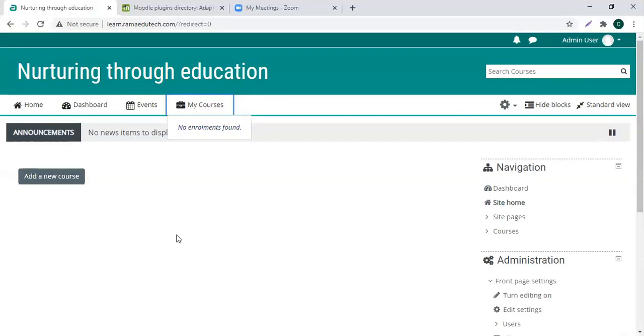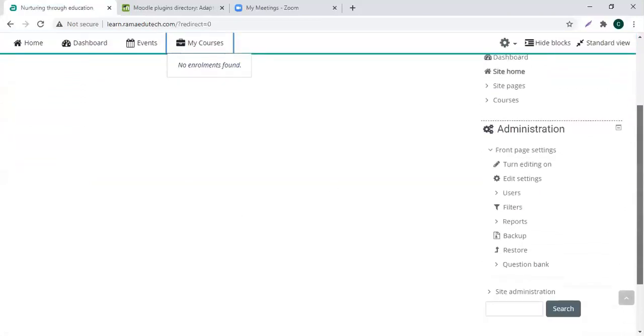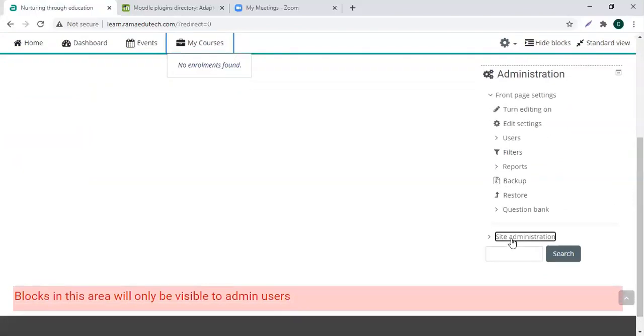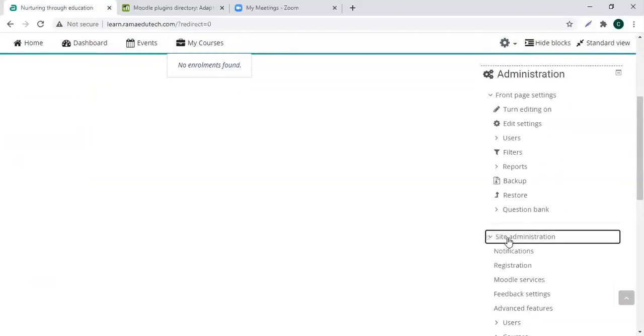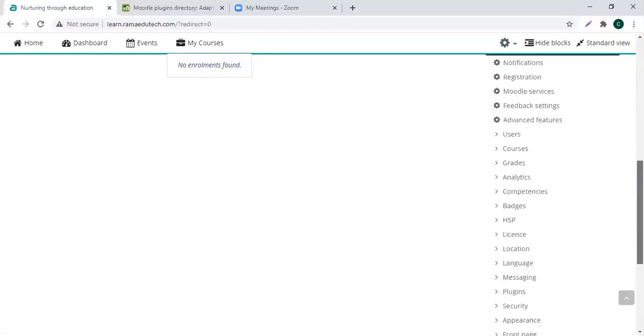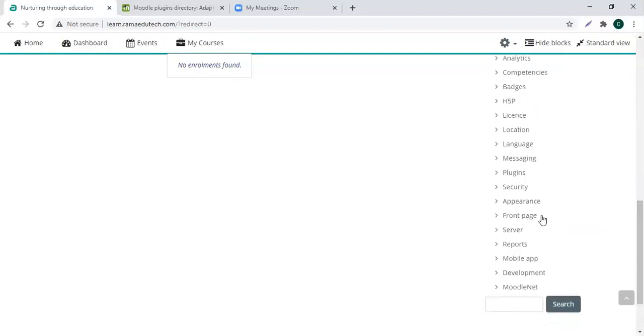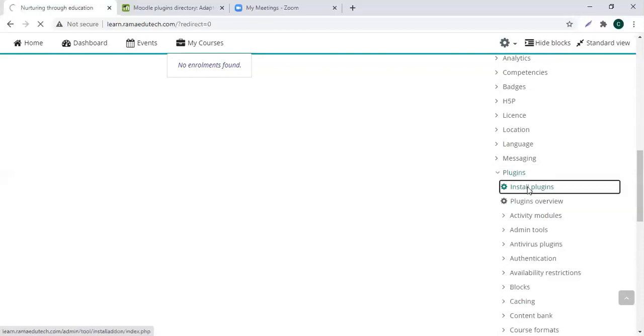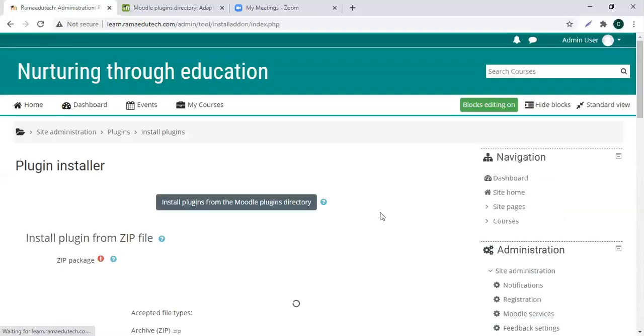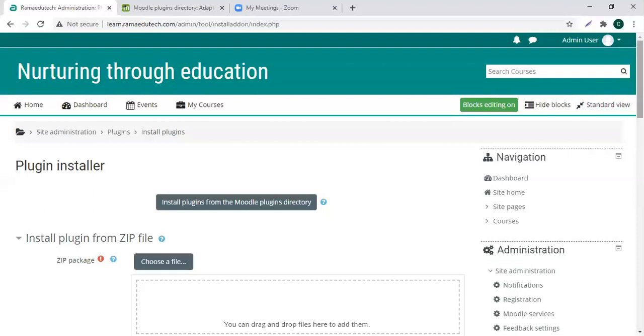Similarly, when you want to install a plugin, from here on the right side, you will see site administration. Go to plugins, install plugin, and the same place appears.